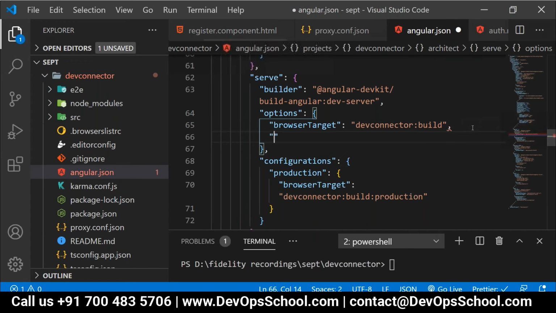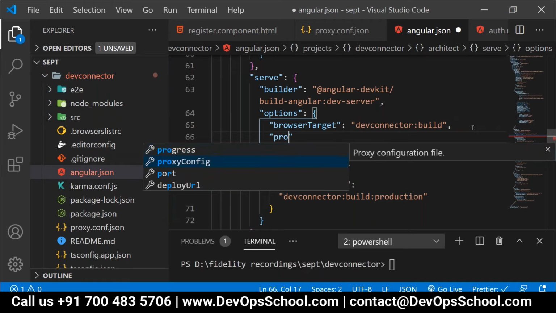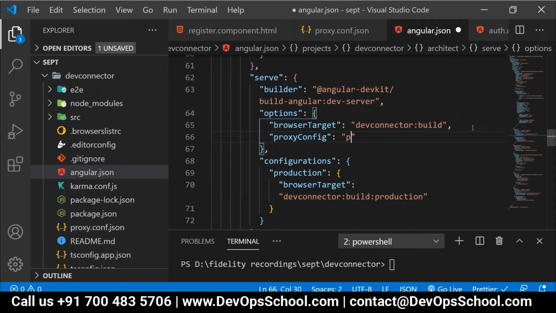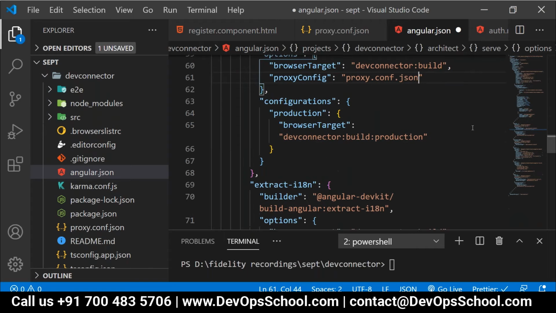Inside the options, you have only browser target, right? Put a comma, specify proxyConfig. What is the name? proxy.conf.json. That's it. So implicitly it will read that JSON file. Clear everyone or not?